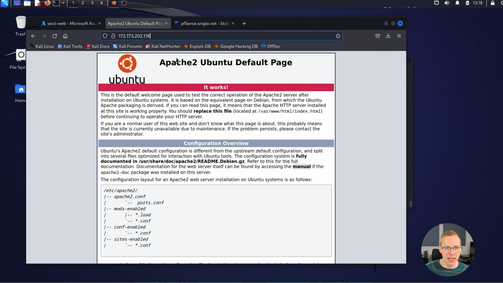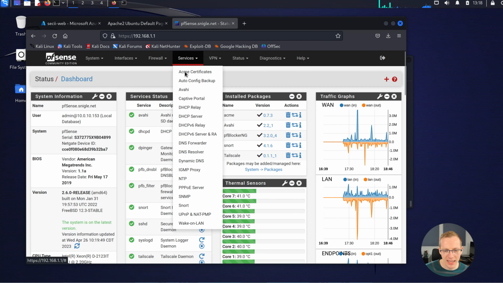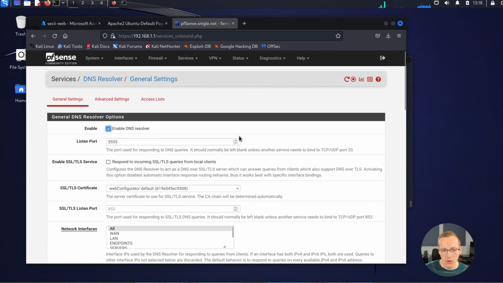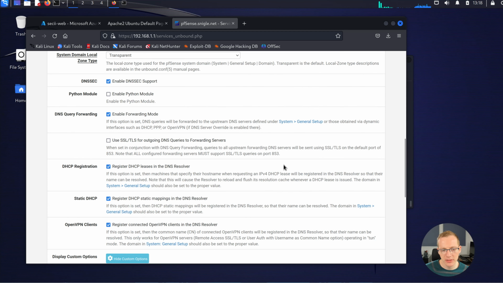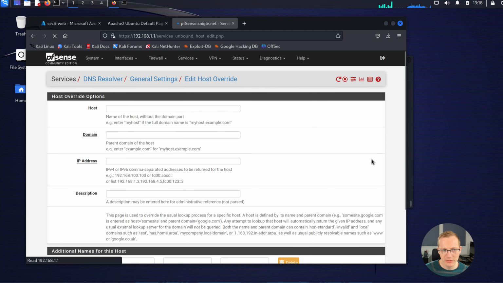I'm going to do this in my home lab, which has a different IP address that's not going to work for anybody outside of me. So your IP address for your pfSense firewall is going to be different. So you want to sign into pfSense and then go under Services and select DNS Resolver. Once you do that, you can scroll down all the way to the bottom, and under Host Overrides, you can select Add, and you're going to type in the domain name